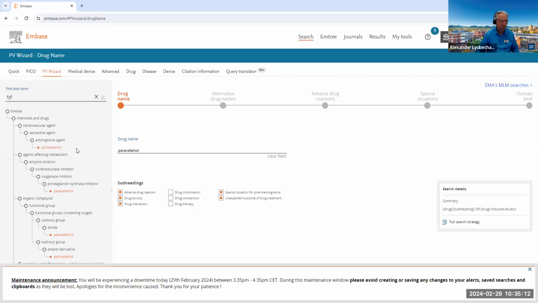So now the term is highlighted in orange, the term that we're using. You can always select or deselect anything here if you want, or you can clear this field right here and type something else. So you have those options. So our query strategy is shown on the right-hand side. Look at this little box. So it shows right away, and the default would be here, your drug subheading or drug induced, and it will be in the abstract, title,